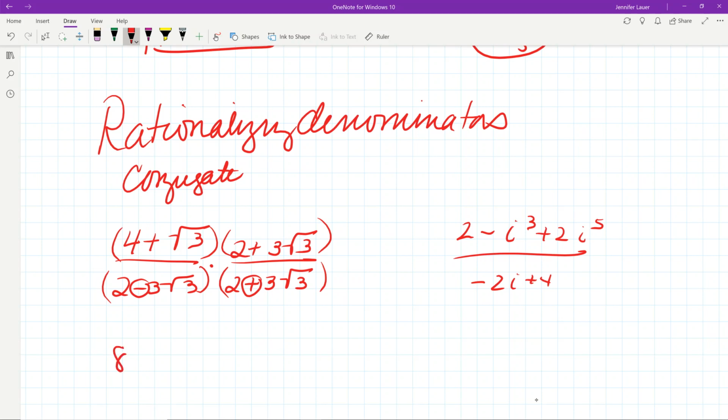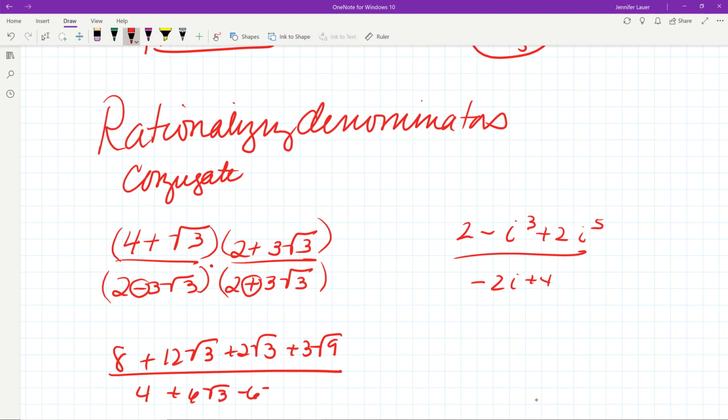So let's do some FOIL. 4 times 2 is 8, plus 4 times 3 radical 3 is 12 radical 3. Radical 3 times 2 is 2 radical 3. And then lastly, 3 radical 3 times radical 3 is 3 radical 9. On the bottom, we'd end up with 4 plus 6 radical 3 minus 6 radical 3 minus 9 radical 9. Now,